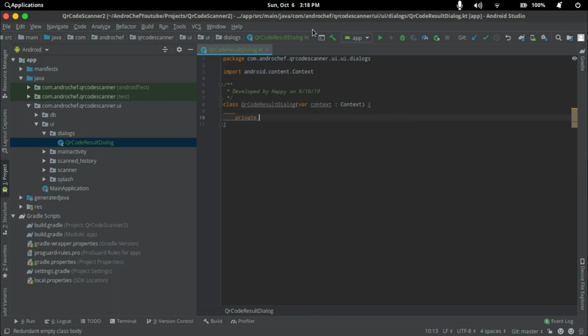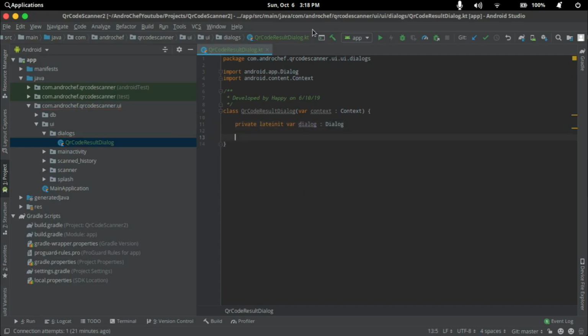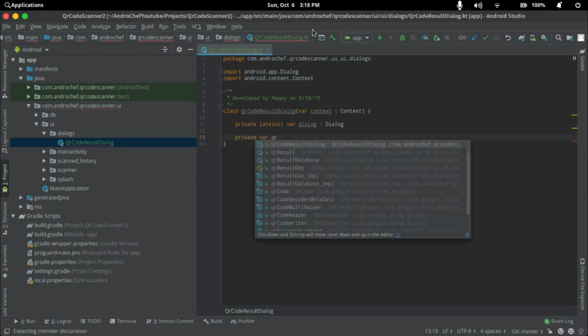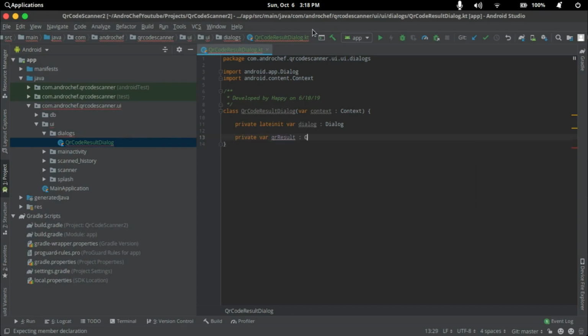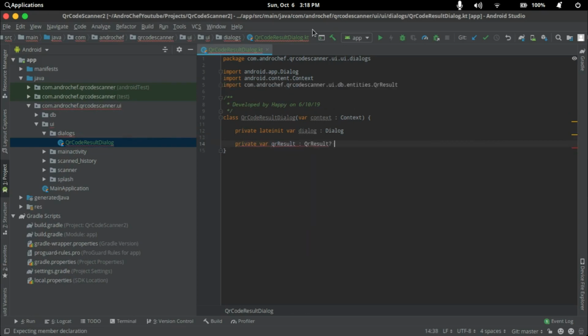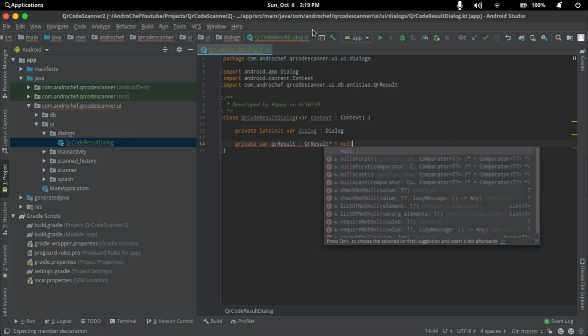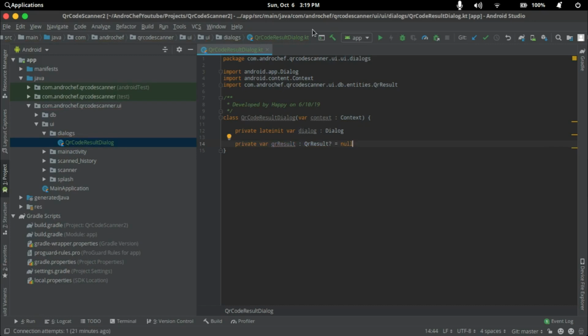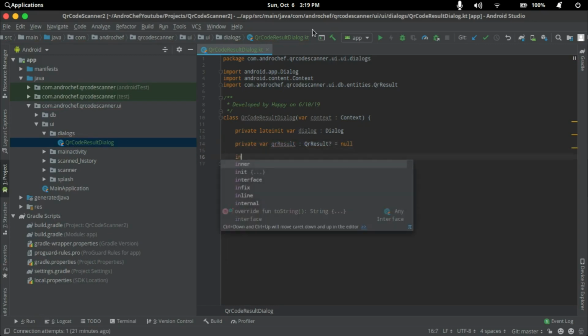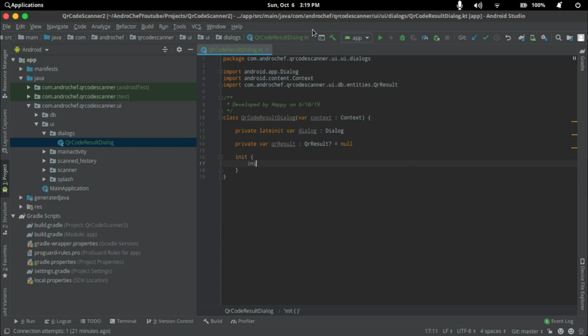We need a dialog, so we'll take a dialog. Then we need our QR result, so we'll make a QR result. This is our model class, so we'll make it nullable. Then we will create a function called init dialog, and in this init dialog we will